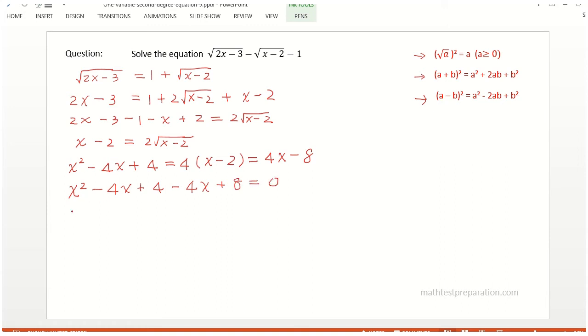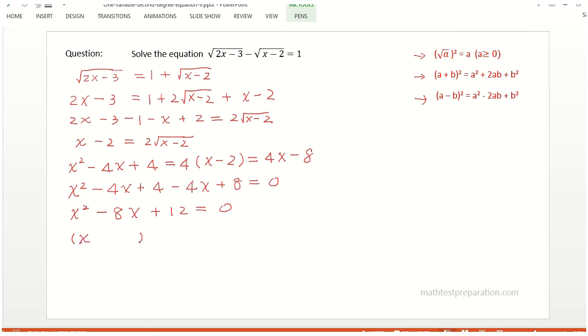Now we have x squared, negative 4x plus negative 4x equals to negative 8x. Positive 4 plus positive 8 equals to positive 12. This equals to 0. Now we factor left side of the equation